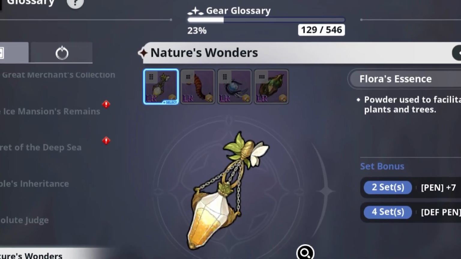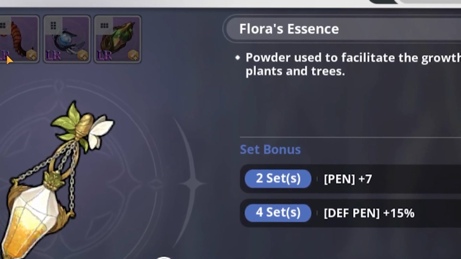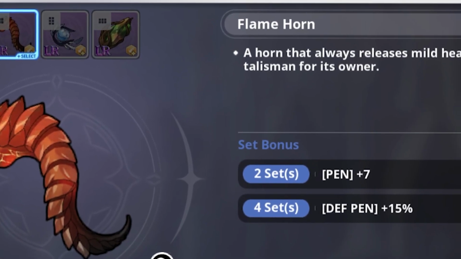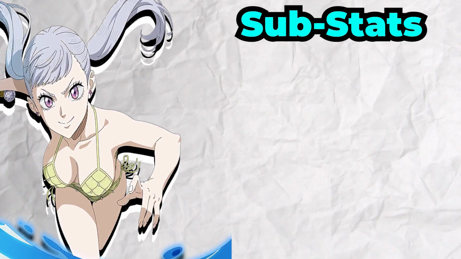And then if you want to as well, you can also go for the Nature's Wonders set to get that 7% extra penetration, and then we'll be going for the Flora's Essence, as well as the Flame Horn to give us that 2-set bonus. So for substats, literally anything that will increase all of your damage, pretty much being both